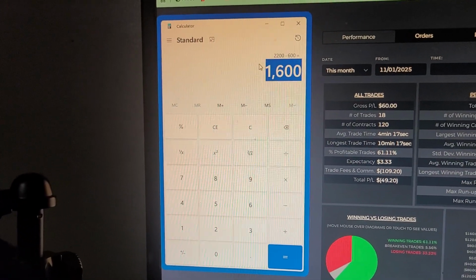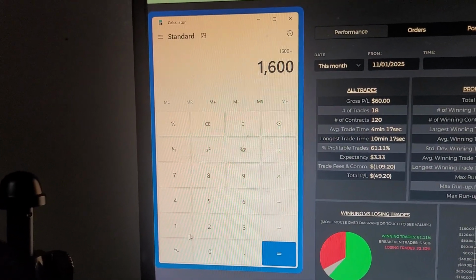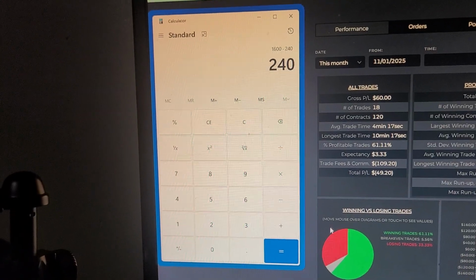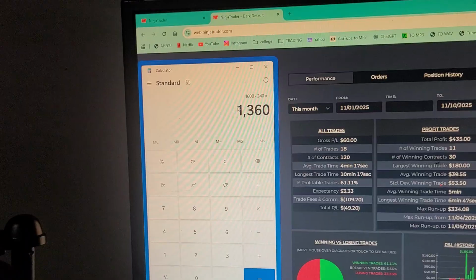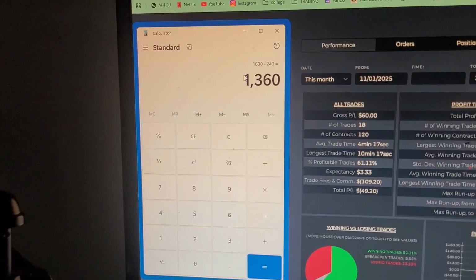$1,600 profit. Now, of course, we have commissions and all that stuff, so let's assume a little less than that. And that kind of made me like, whoa. And the reason why is because